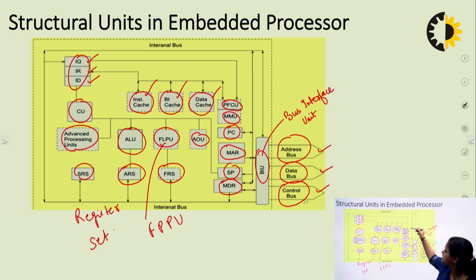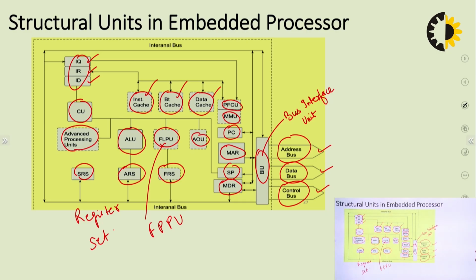Then we have memory management unit and prefetch control unit. Memory management unit is used to hold the memory addresses, and prefetch control unit is associated with all these three different types of cache memory. This is instruction cache, used to hold the instructions in queue, branch target cache used for branching instructions, and data cache used to prefetch the data in advance. All these three may or may not be present depending upon the type of processor, and these are used to increase the speed of your processor. Advanced processing unit is again used to increase the speed of your processor through multiple pipelining operations. This is the register set window, which is holding the important internal memory registers.